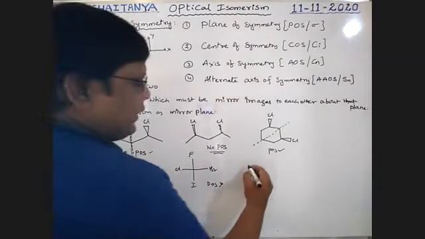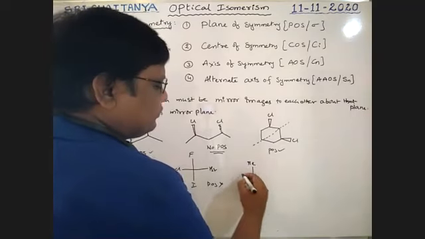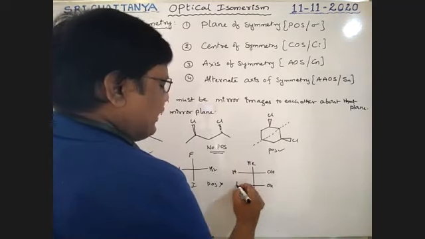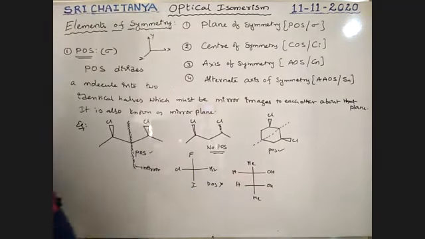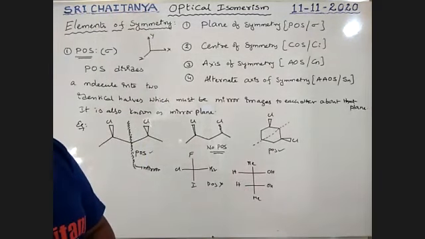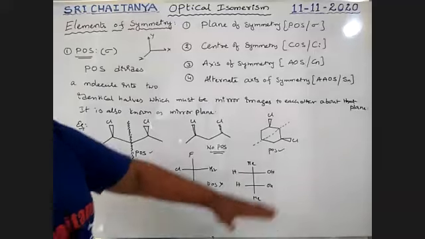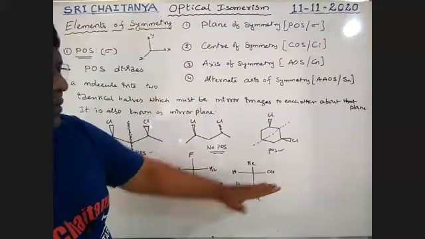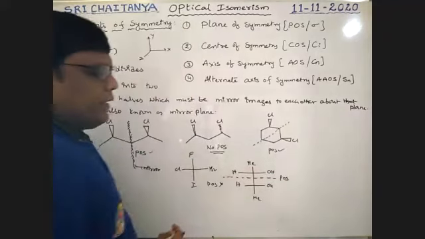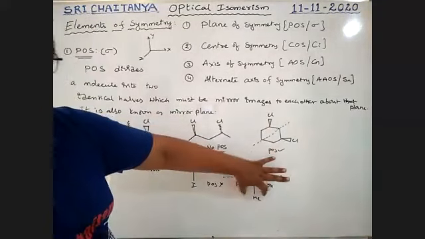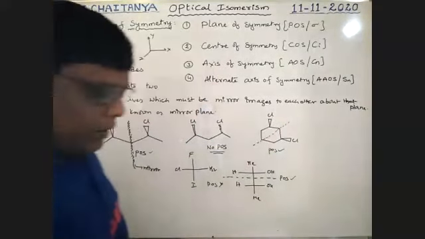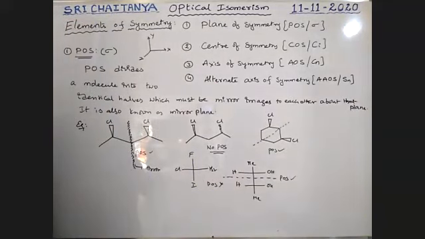Okay. Now I'm taking this compound. Methyl, OH, H. So OH, H, methyl group, boys. So boys, is there any plane of symmetry? Yes, it is a plane of symmetry, boys. So let us observe, this is the plane. Exactly, this half is mirror to this half. Therefore, it has a plane of symmetry.